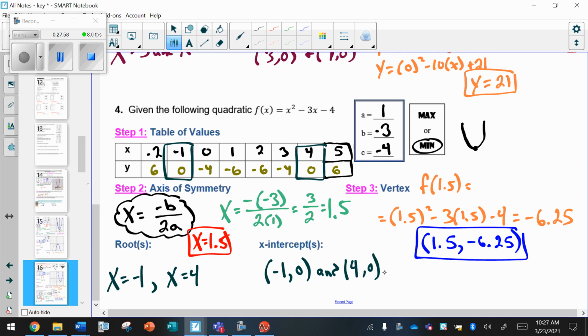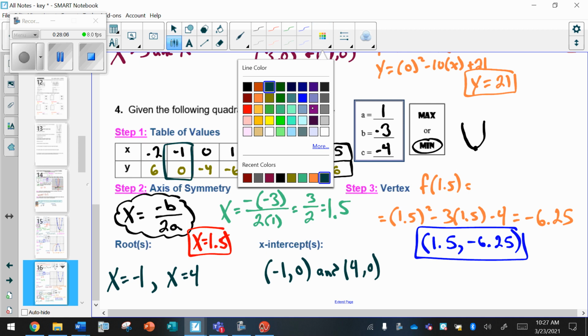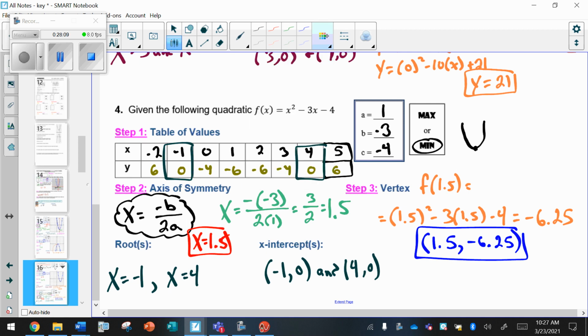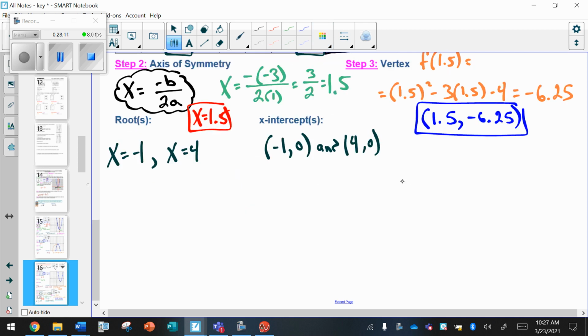Now, if we wanted to find the y-intercept here, what we would have to do is take our roots to write the equation. Or no, I forgot. We were given an equation. Well, geez, this will be easy. We can find our roots right now. Or, I'm sorry, the y-intercept. So our y-intercept, since I asked,